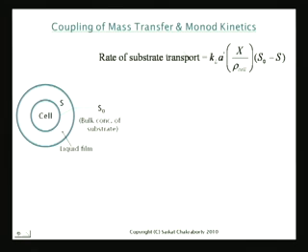Okay. So what we do is we simply use the concept of a mass transfer coefficient. So what you see over here on the screen, K_L times a' times X over rho_cell times (S0 minus S). Okay, let me explain each little thing. So K_L is probably the mass transfer coefficient per unit area times this area a', and then X over rho_cell is the volumetric increase of the cell. So, say X is by weight, and you divide it by the density, so you get the volume of the cell.